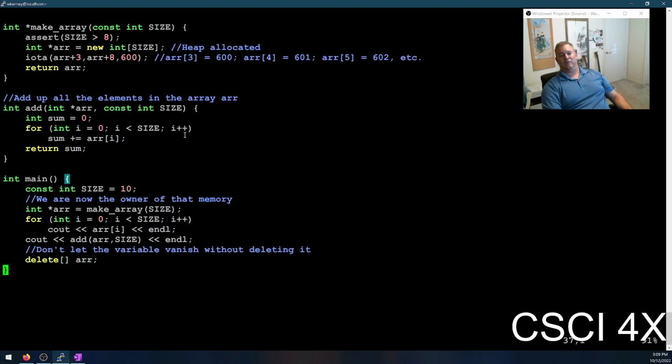Okay. So we call make array. It news memory and passes it back out in a pointer. We do stuff with it. And then when we're done with it, we delete it. And if we do this,